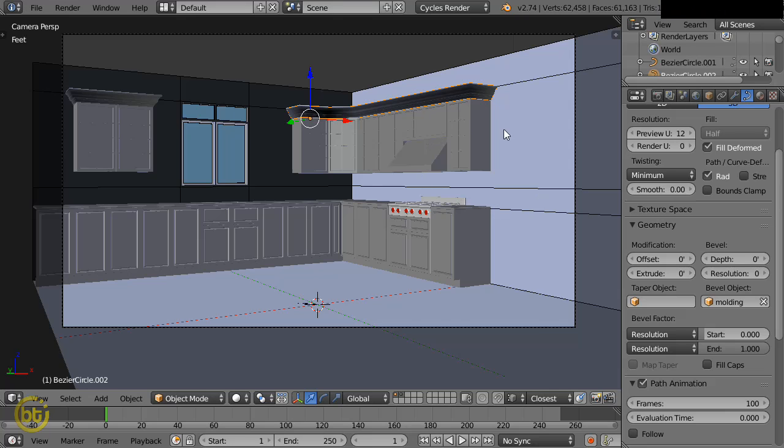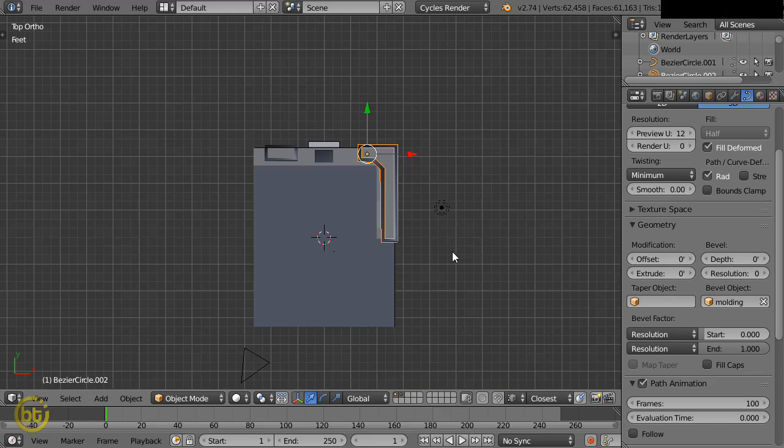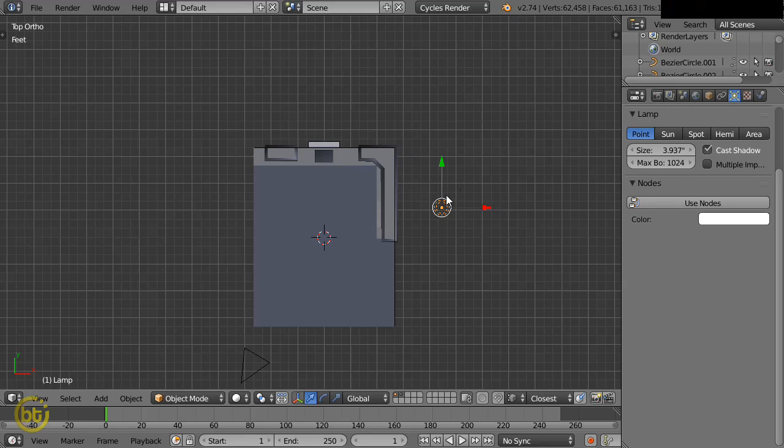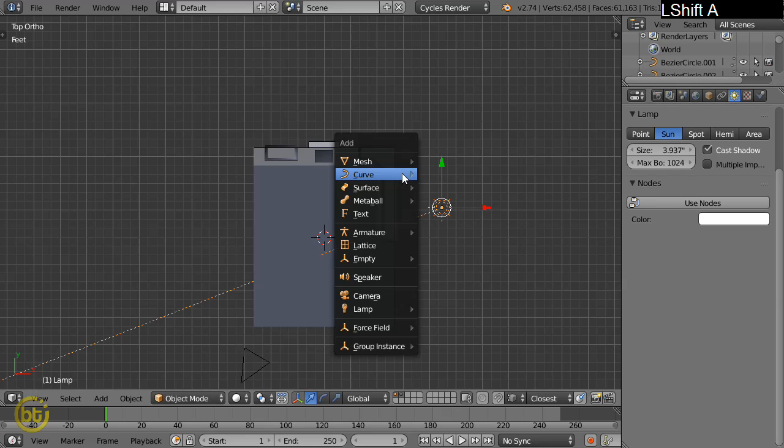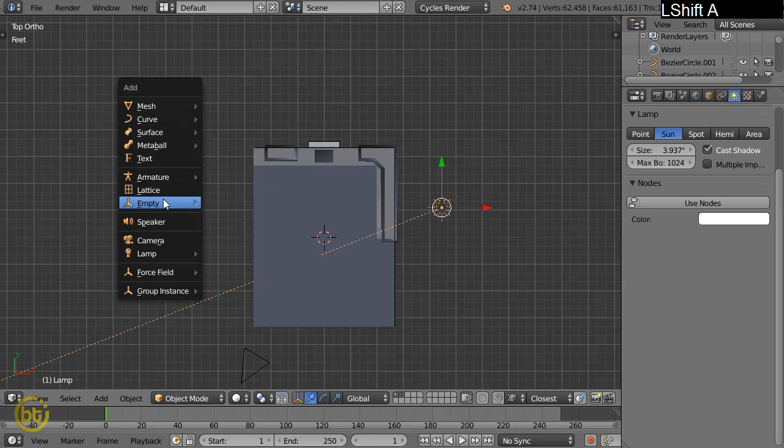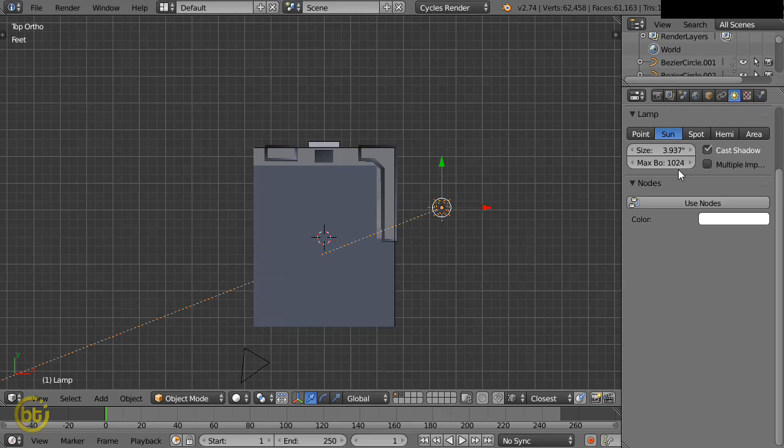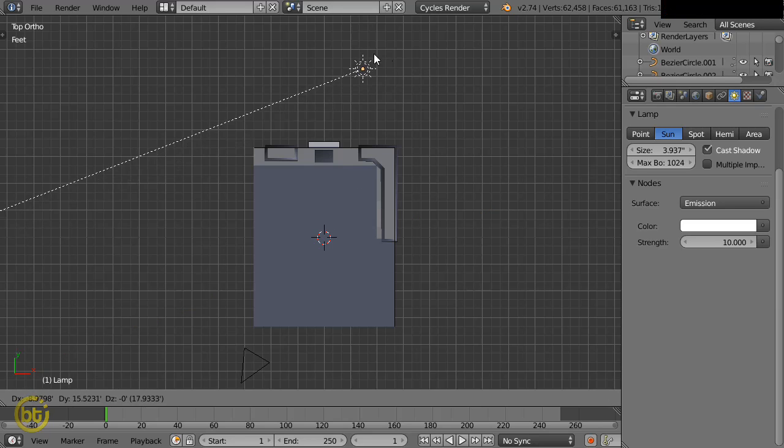For the lighting I'm going to use the sun lamp. Go to the top view, select this default lamp, change this one to sun lamp. If you delete this lamp you can add the sun lamp from Shift A, lamp, add the sun lamp. Okay, use nodes and set the strength to something around 10 and move this one to there and rotate this